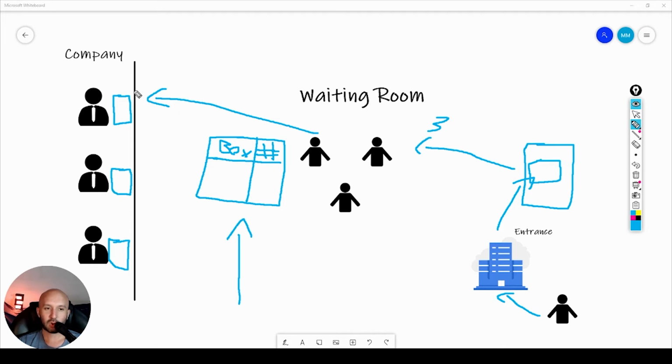Our only input, the only way users can input into our system, is through these computers. So the employees on the company side who have access to the system are the ones that can trigger any event to update this panel and call the customers waiting in the waiting room. Okay, now let's talk about a way to solve this and how I actually did it.